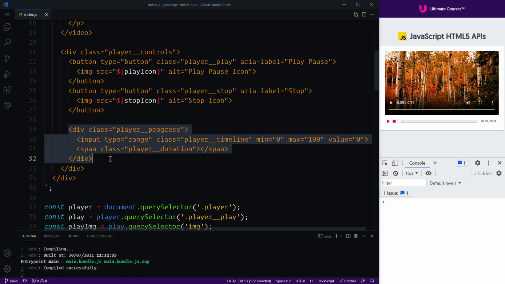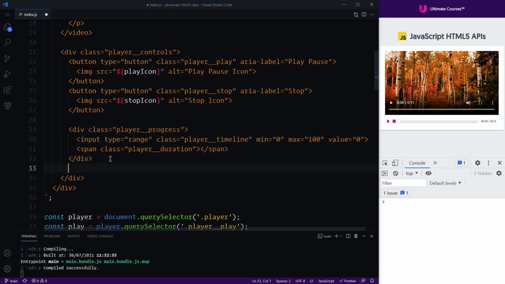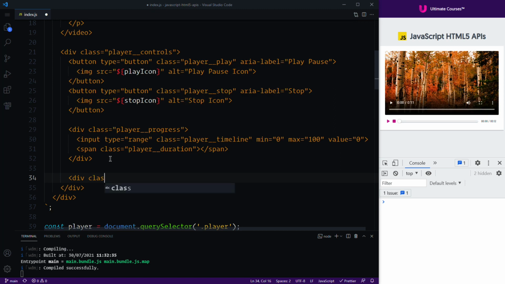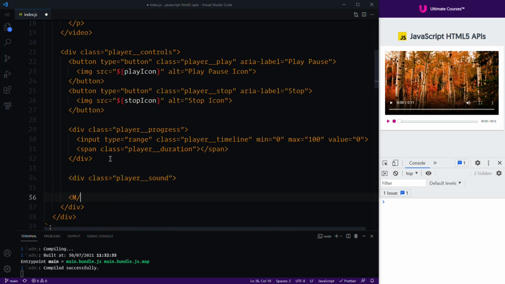Underneath our player progress, we're then going to create a new div. We can give this a class. I'm going to call this the player__sound. Inside here, we're going to have a nice icon as well as another input type range. First we're going to create the image source, and we're also going to give this a class. For this, we're just going to call this the player__mute, and this is essentially going to be our